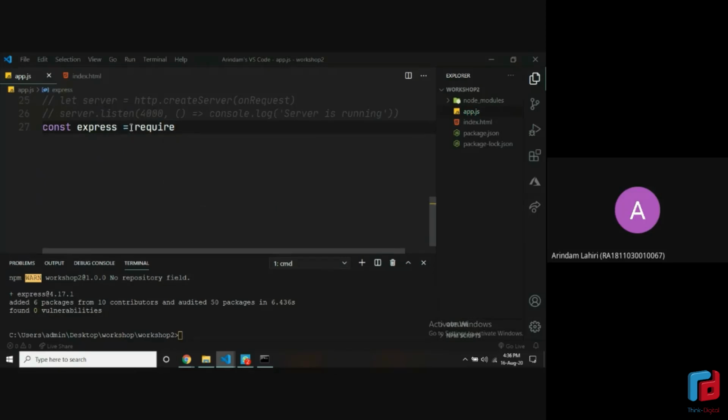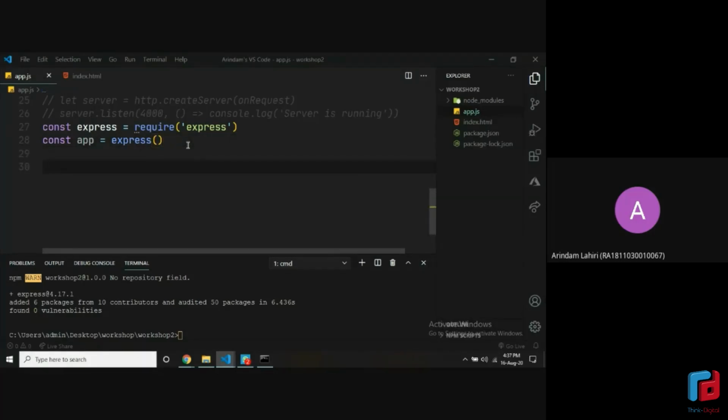And now let's just include Express like we included everything else. So require Express. All right. And const app equals express. So that's how you include Express and then initialize it. This is the initialization of Express in the app variable. This is the variable which we'll be using a lot. And this is the standard way of doing this. You could name it whatever you want, but app is the standard way of writing it.